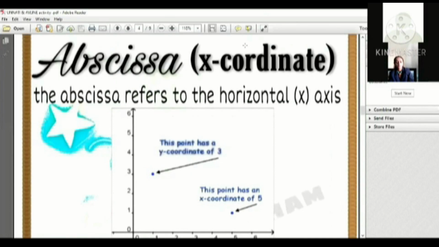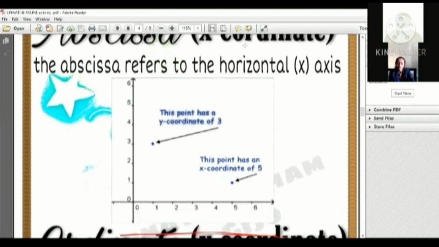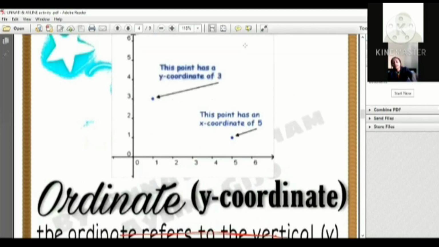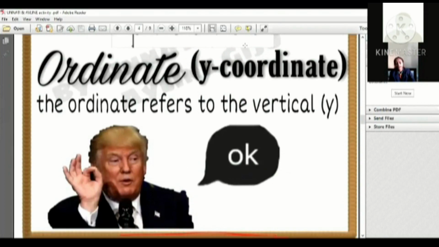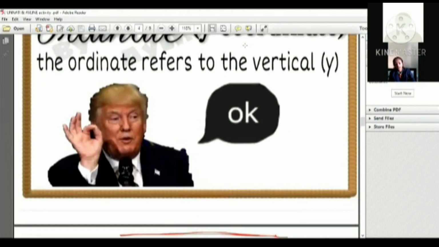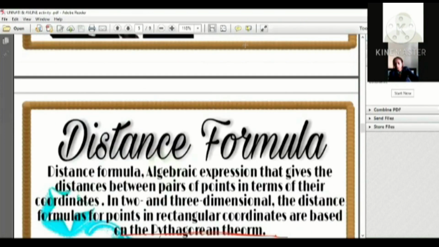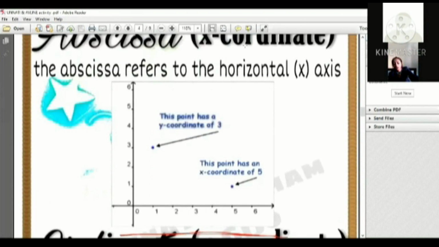The horizontal x-axis. Here you can see the x-axis. This is the x-axis and this is called the abscissa. Now Unnati will explain the ordinate. What does the ordinate mean? The ordinate refers to the vertical y-axis as shown on the screen. You can see on the screen the blue dot which is representing the y coordinate of 3. In simple words, the ordinate means y coordinate.